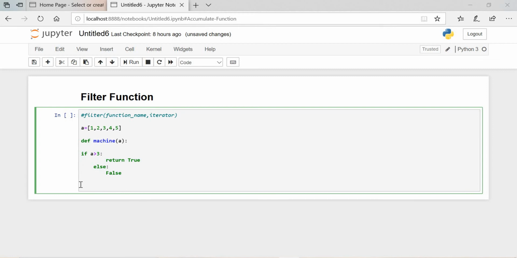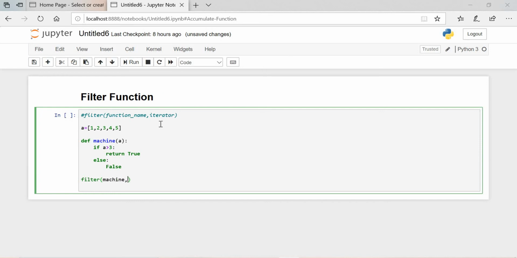Then we will use the filter function over here. So filter, after that we need to pass the function name. This is the syntax. Okay, just remember this syntax. We need to give the function name. The function name in this example is machine. We'll pass machine.